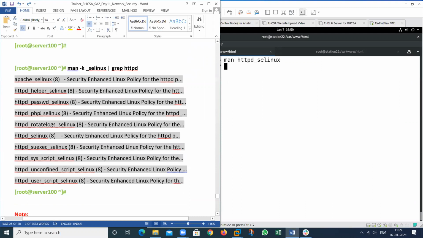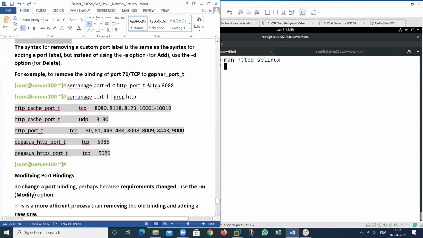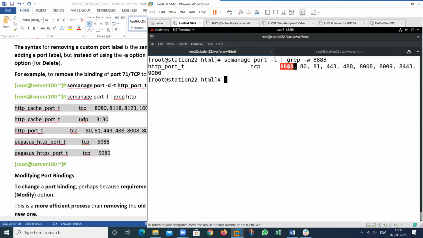If you want to remove a port, you can use the D command. If I want to remove this particular port, what will I do?